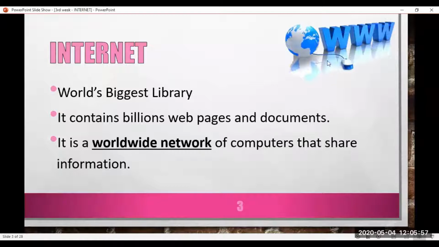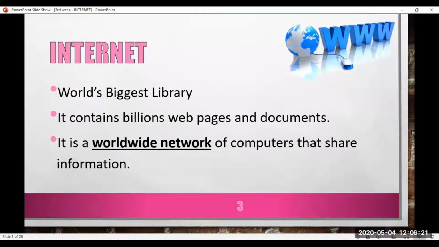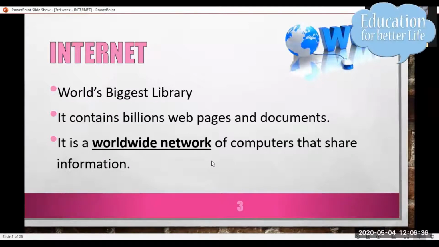Okay, we mentioned that in www, the first W is about worldwide. The internet is also a kind of network. We are mentioning some networks. For example, in your school, there's a computer lab. The computers are connected with the other computers locally. We say that is a local network, but the internet is a worldwide network of computers, okay? You can share some information, you can share documents.